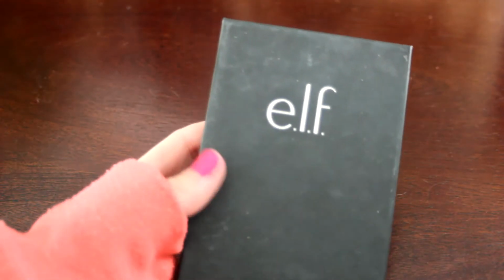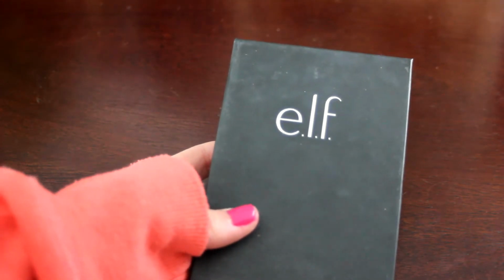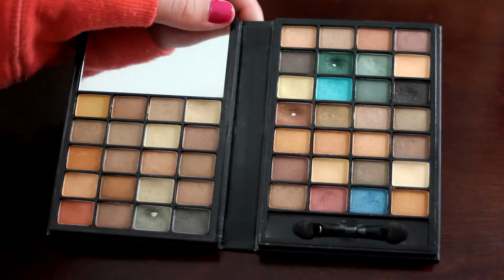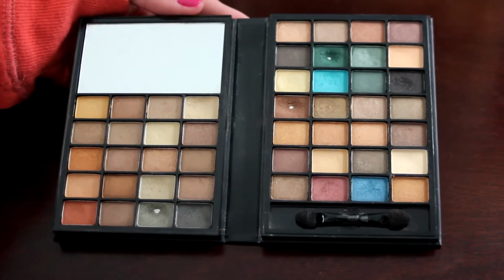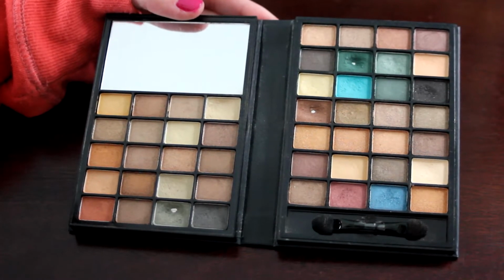Alright, number 34 goes to my e.l.f. Little Black Beauty book. So here is what this one looks like on the inside. As you can see, I've hit a few pans in this palette, but the reason this one is ranked as low as it is